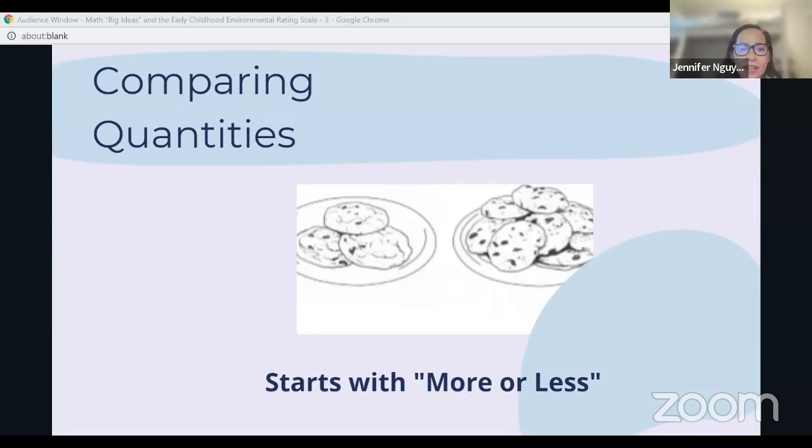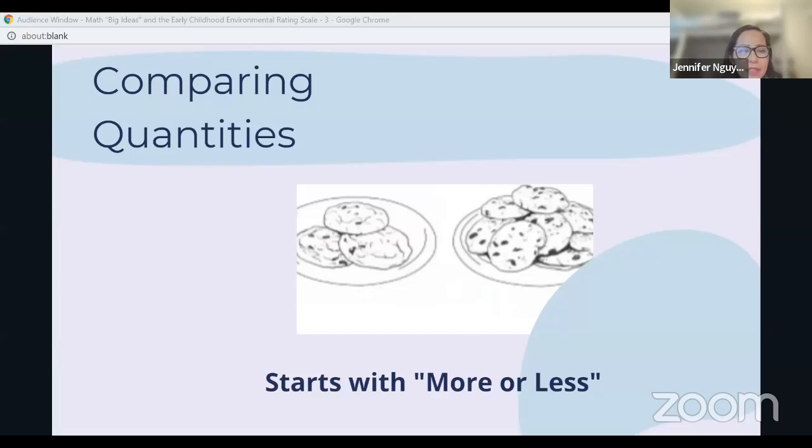All right, so we're on another big math idea, comparing quantities. Most young children have another innate ability to know when there's something more or when there's less. So if you said, which plate of cookies do you want? They're going to choose the plate on the right because it probably has more cookies. And that is especially easy for them when their quantities have that varying difference. So there's a large amount of cookies on the right and visually a smaller amount. So they have that ability already.